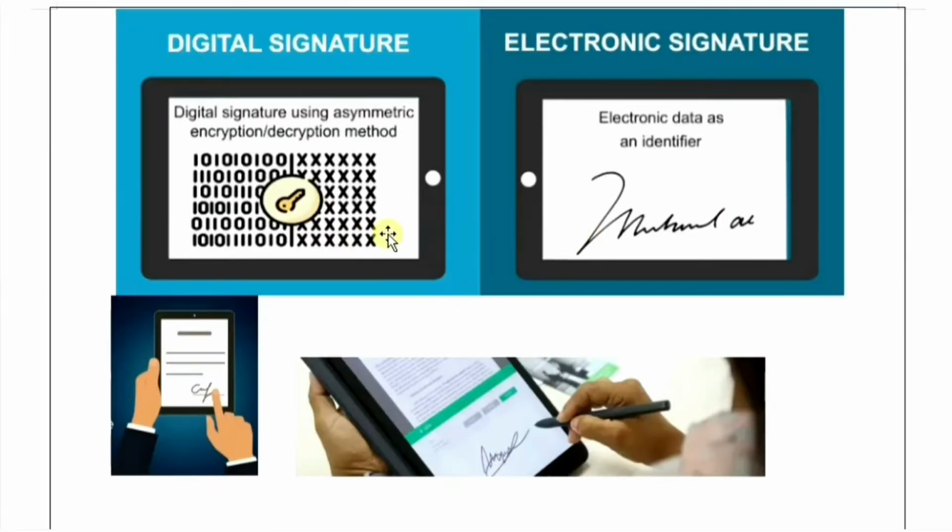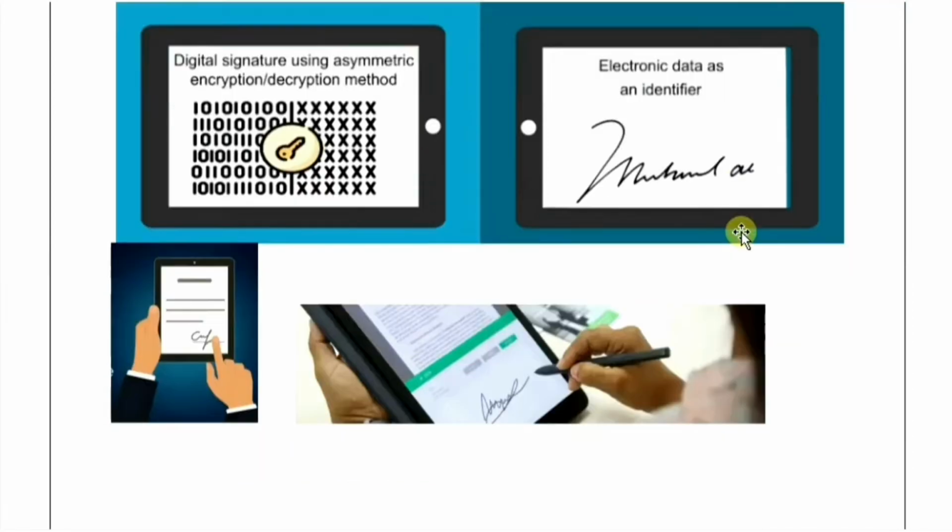Sometimes these two terms, electronic signature and digital signature, are misinterpreted. The main purpose of an electronic signature is similar to that of a wet signature. Like a wet signature, an electronic signature also demonstrates the verification process. However, electronic signatures work on specific criteria that require you to verify certain things before signing a document electronically. Once you have verified the required entities, you can sign the document with your actual signature via stylus or by